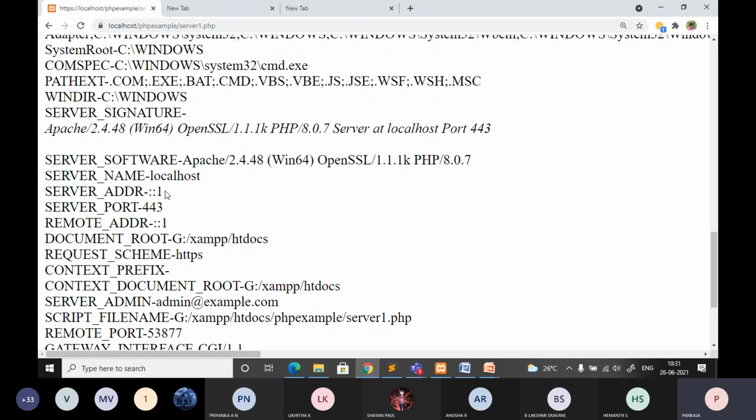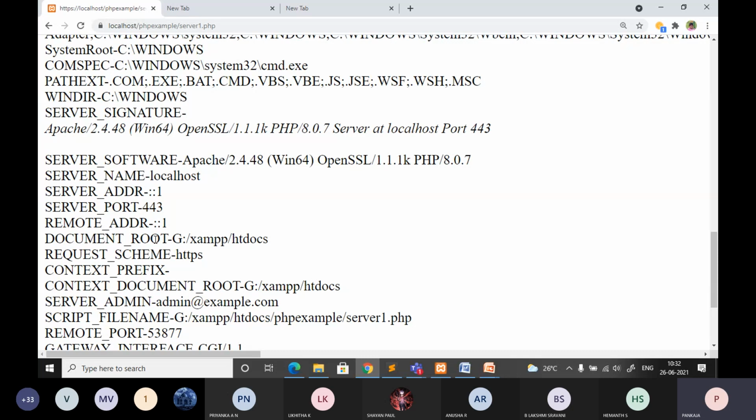Because I am running in localhost, when you run in real time you will get the IPv4 or IPv6 address. That is the reason I am getting the address like this. Then what is the server port I am using? It is 443. Remote address is once again ::1 because I am running on the same system, that's why the remote address is the same as the server address.